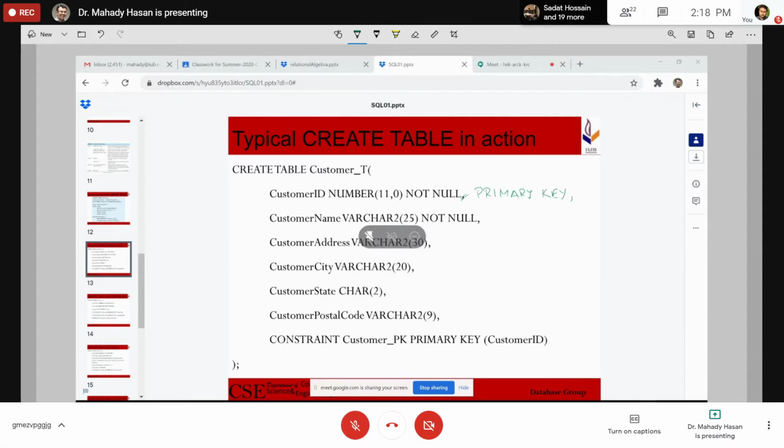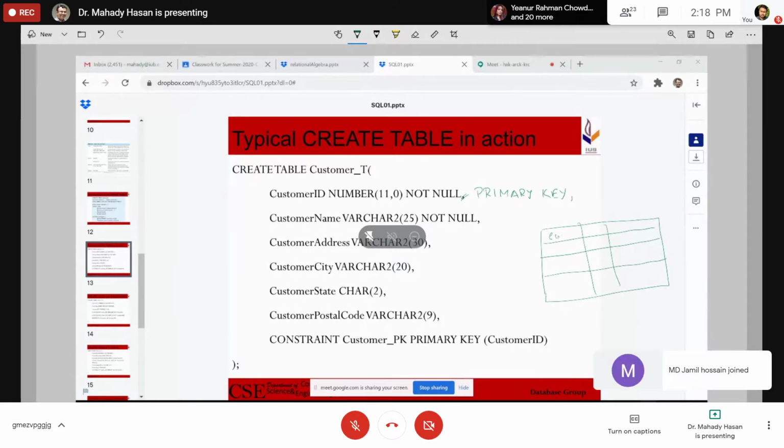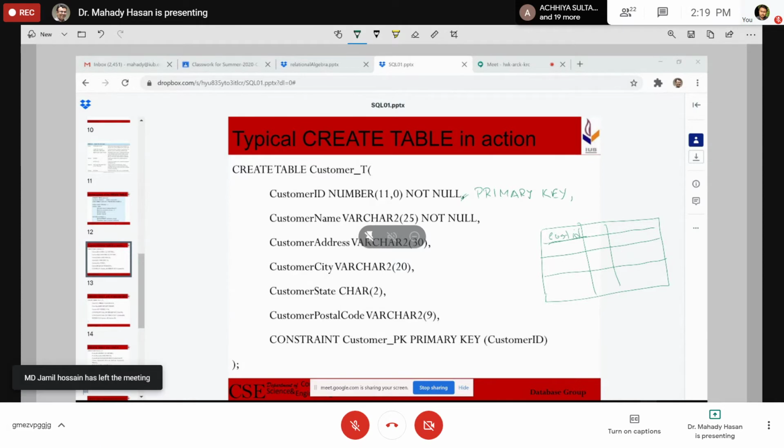Now we have to understand how the database is storing the data, or how this structure is created. So let's say this is basically the table where we have the structure, right? We have given some definition. Now it might happen that for the time being customer ID is the primary key, but there's always a chance that you might need to change the primary key, right? So what to do when you want to change the primary key? How can you do that?